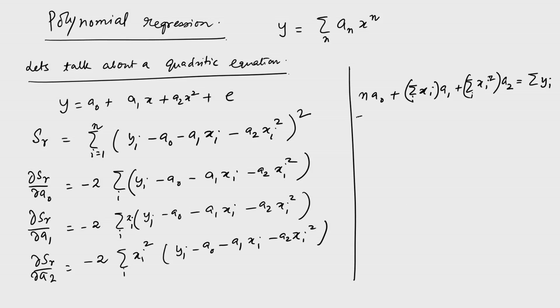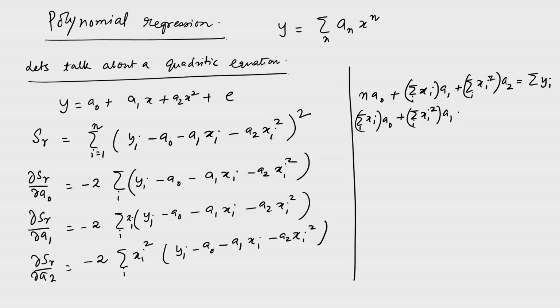And the next is sum over i x i a0, where this sum over i means the sum goes from 1 to n, plus x i square